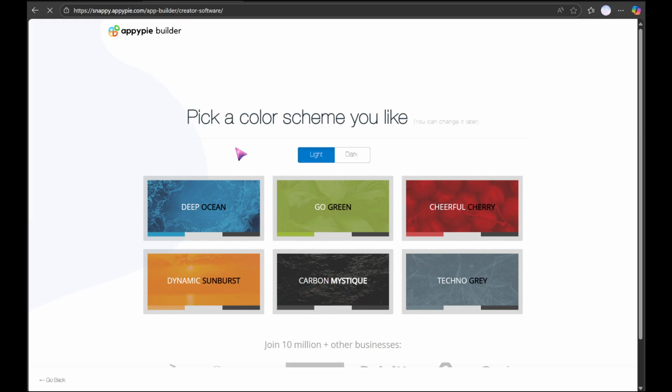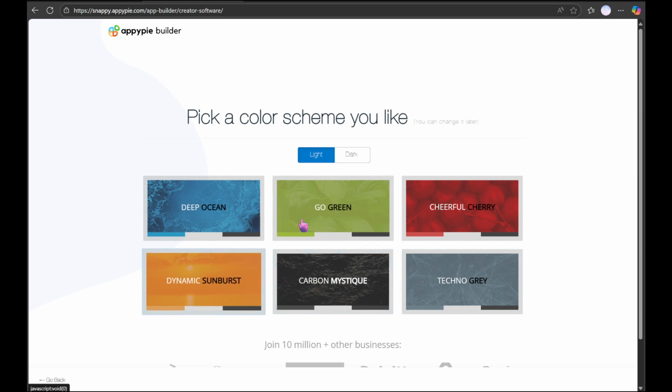It's now time to choose a category for your app. Think about what truly reflects the nature of your app. This could range from entertainment to education or even business. Selecting the right category ensures your app reaches the right audience. With that done, you'll then need to pick a color scheme that best matches your brand. Consistency is key in branding, so select colors that align with your existing brand identity or give your new project